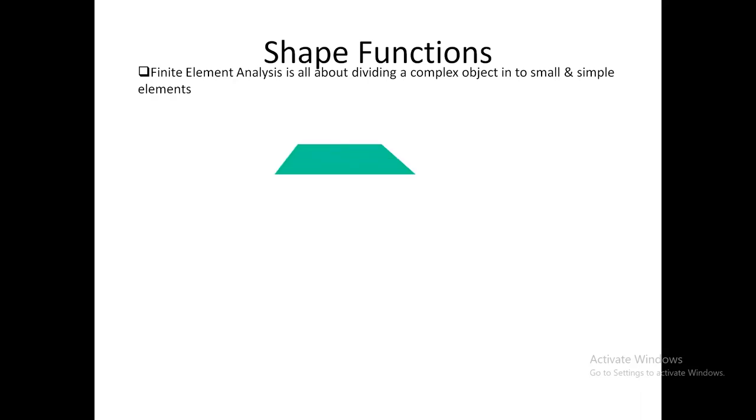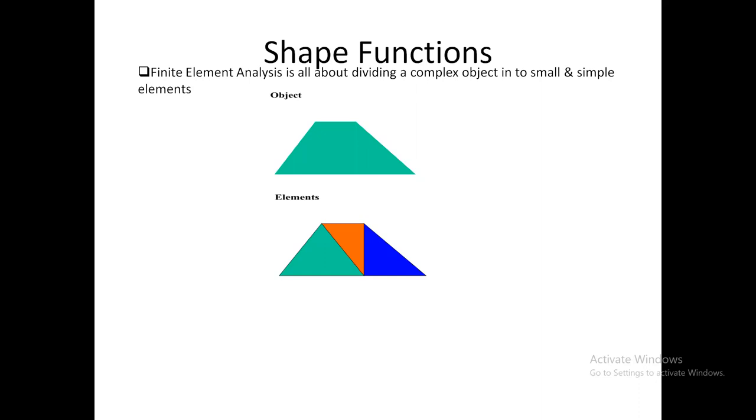Before going to shape functions, we should understand that finite element analysis is all about dividing a complex object into smaller and simpler elements, and then we do the analysis. So first we take a complex object with a different shape, then we divide that object into different elements. As you can see here, we divided the object into 3 elements, and then we perform the analysis on